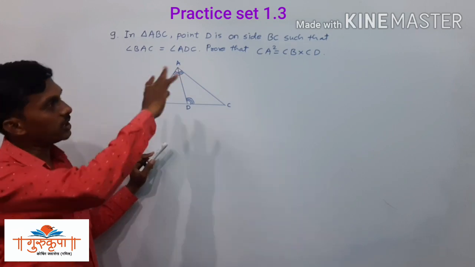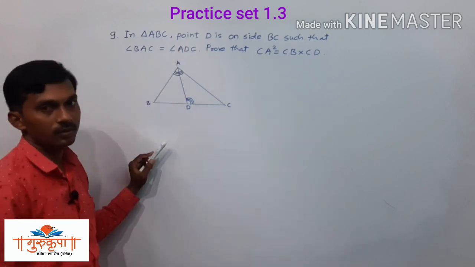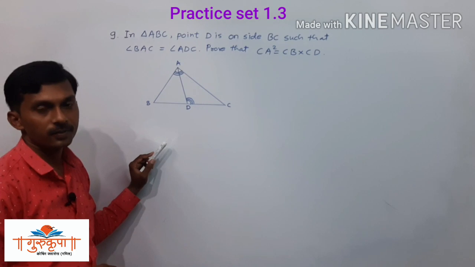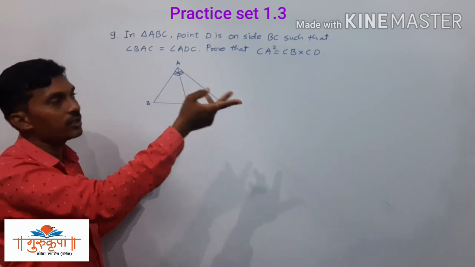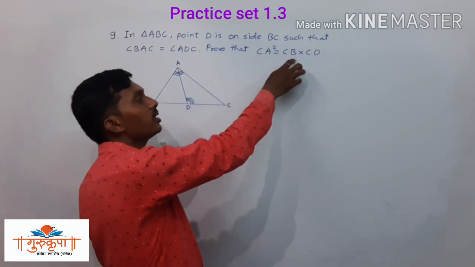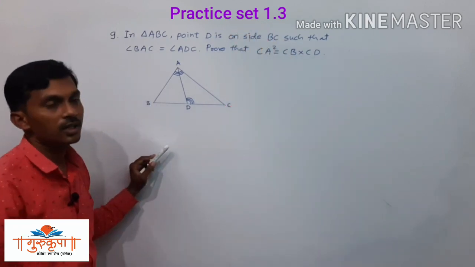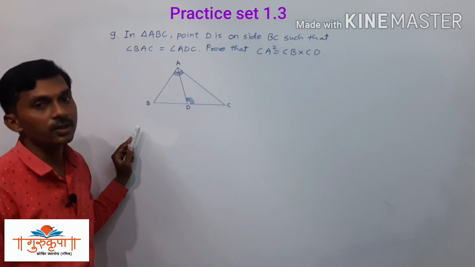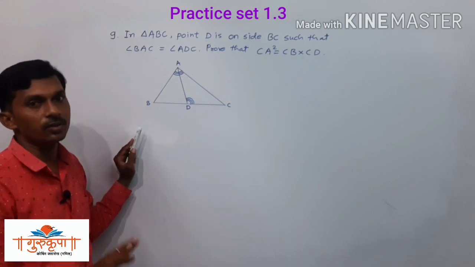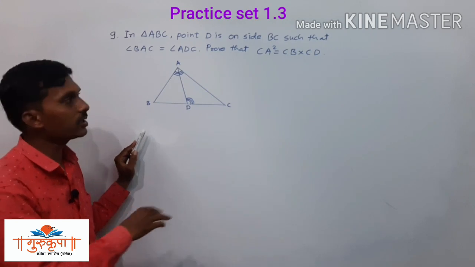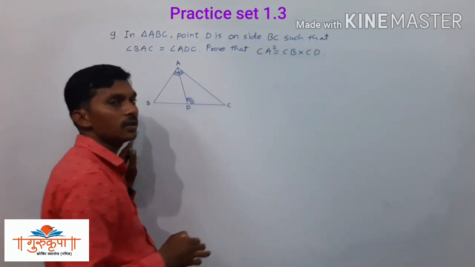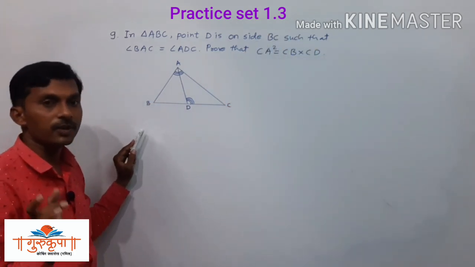Which 2 triangles we have to show similar, that is very important here. And we have 3 sides only, CA, BC and CD. If we had 4 sides, like in example number 8, there we had 4 segments, 2 in the LHS, 2 in the RHS, but here we have CA square is equal to CB into CD. CA square means we can write CA into CA, but that is a side only. Product of the same side twice is there, and CB into CD. So how can we determine the 2 triangles?